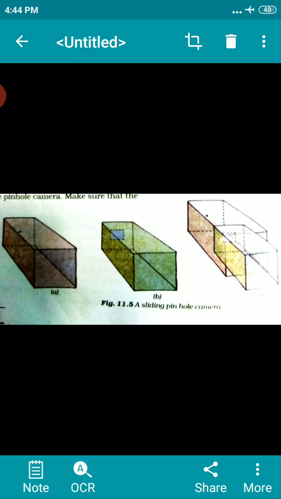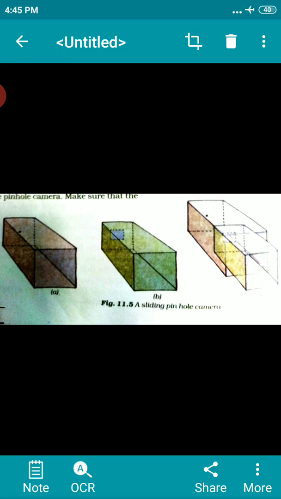So how are we going to make this pinhole camera? Take two boxes of cardboard such that one can slide into the other with no gap in between them. Cut open one side of each box. On the opposite face of the larger box, make a small hole in the middle. In the smaller box, cut out from the middle a square with a side of about 5 to 6 centimeter. Cover this open square in the box with tracing paper, that is a translucent object.